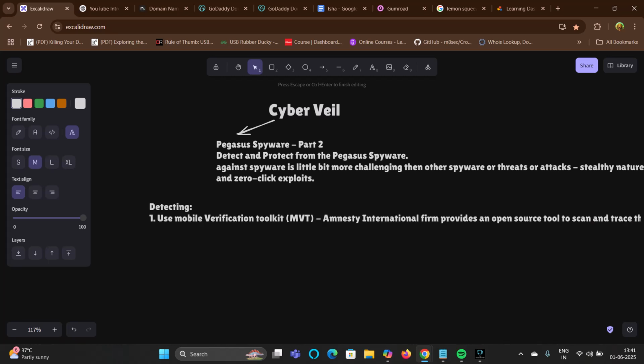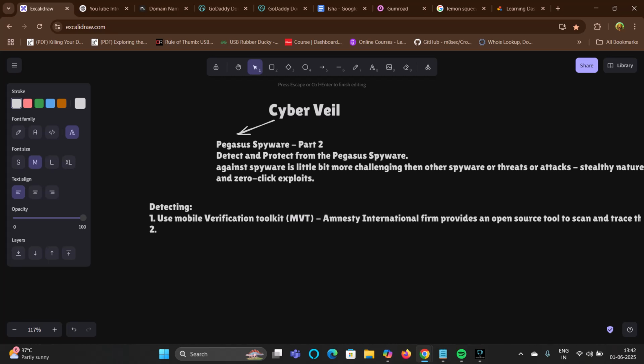So firstly, you can use the Mobile Verification Toolkit, provided by Amnesty International, which is an open source tool with the help of which you can scan and trace Pegasus. This is a toolkit made especially for the Pegasus spyware.